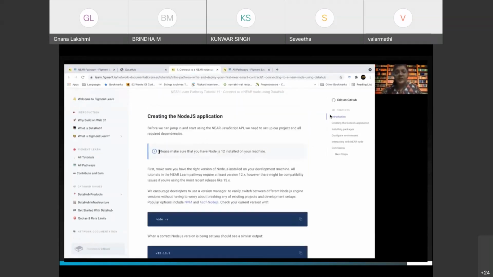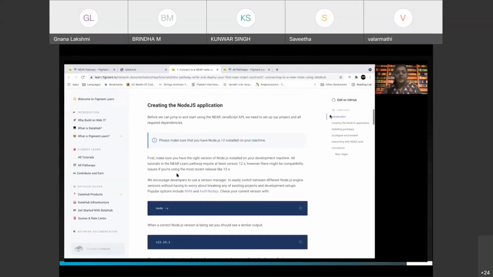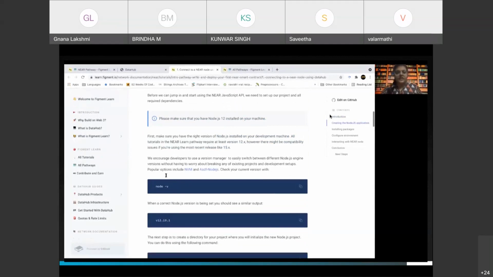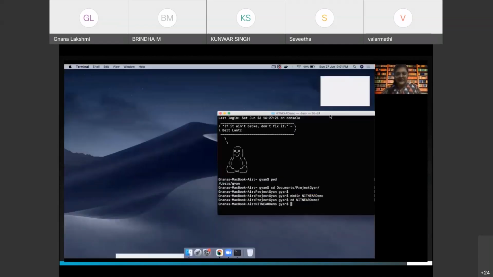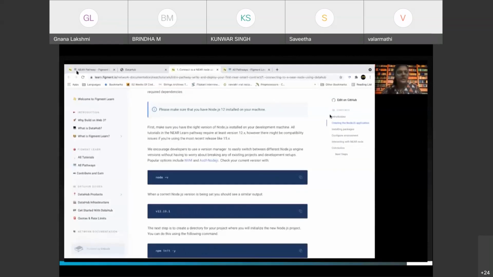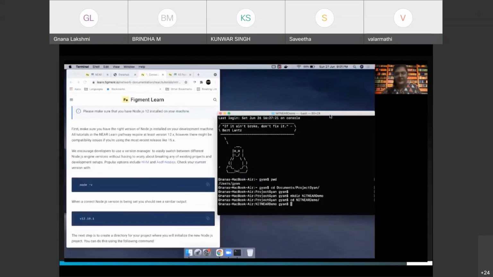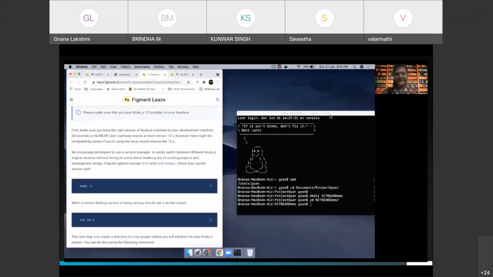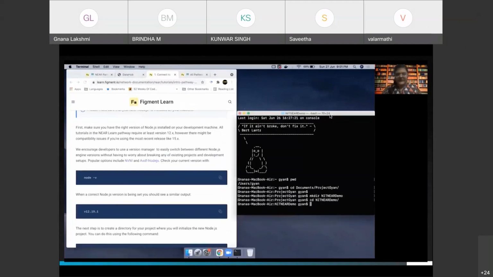So as per the requirement sheet, you would need to have Node.js installed on your machine. You would need to see if you have the right version installed. If you are using something recent like 15.x, then you would need to make the necessary changes. So I've opened my terminal here. I'm going to reduce this and keep my terminal as well. Let's see, I may have some recent version. Okay, I have a 12.x version, which is fine.